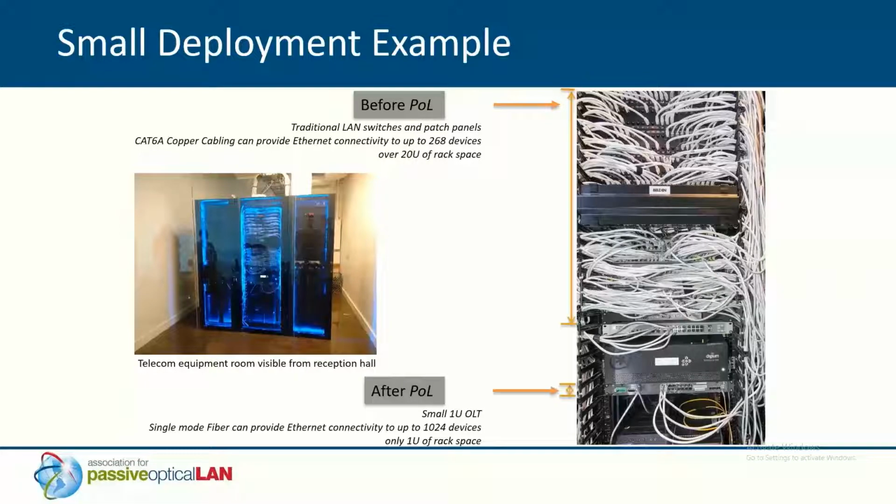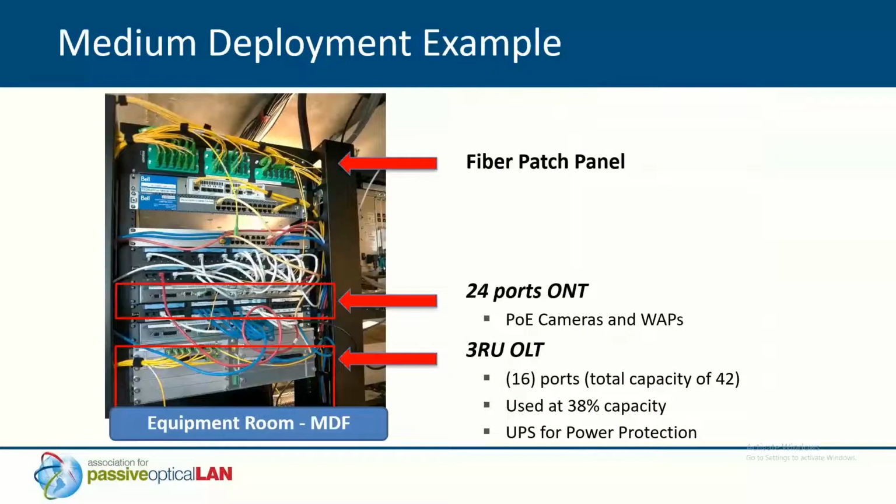If you see on the very bottom there, this is an example of a 1U OLT. You do see 4 copper cables going in there, but that's the core connectivity to the box. And on the very bottom right, you see just a little bit of single mode fiber strands. That's what's feeding out to the ONTs and meeting the needs of the end users. So it gives you a pretty good idea visually of the kind of differences we're talking about. Now, this slide is very similar, with a little bit larger chassis.